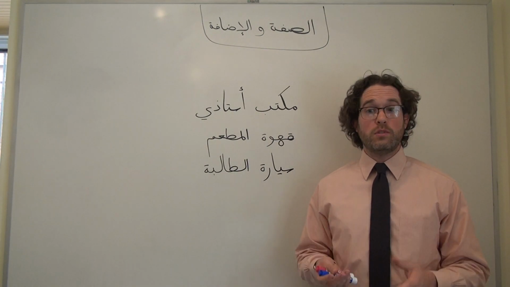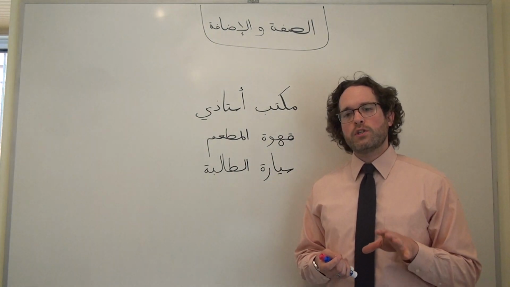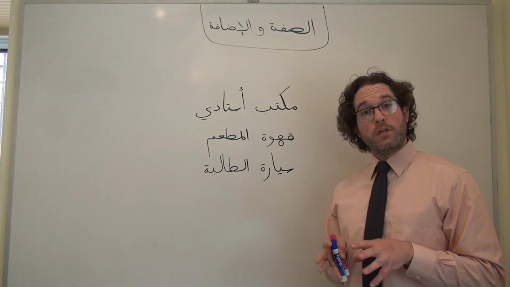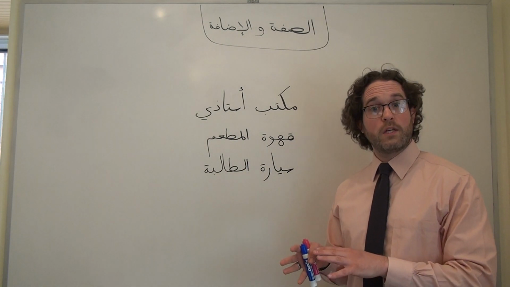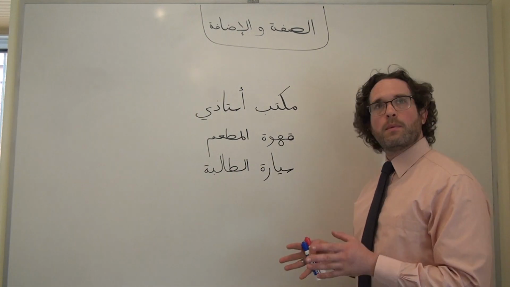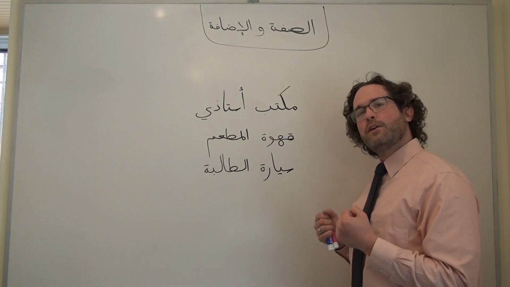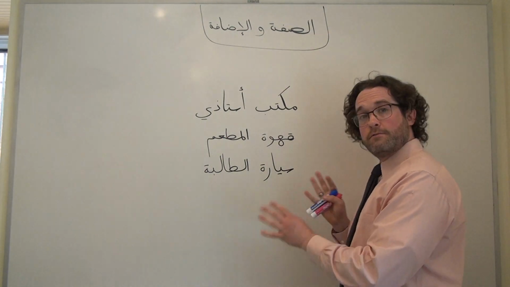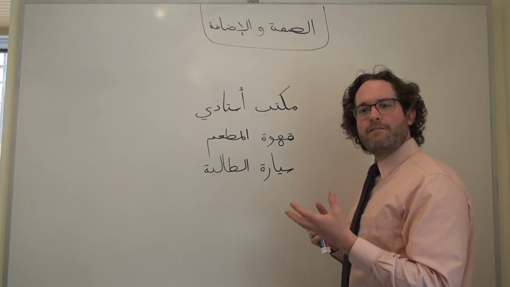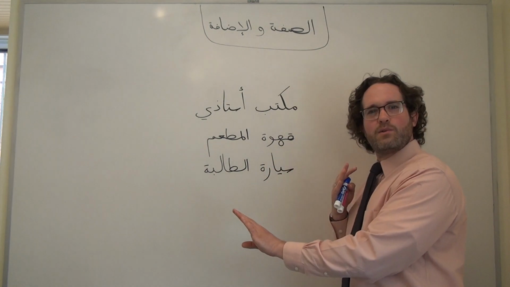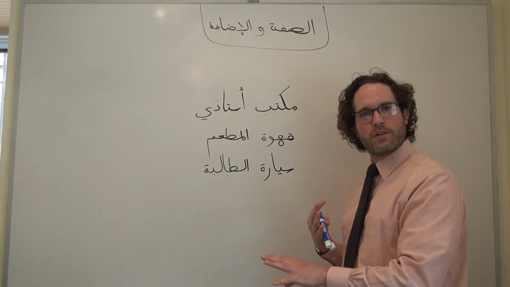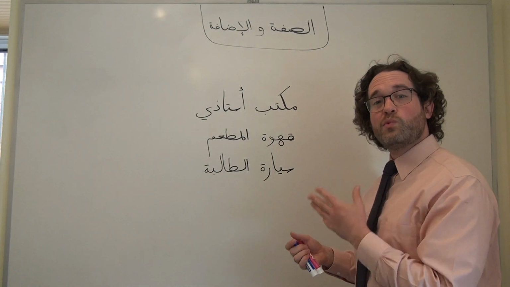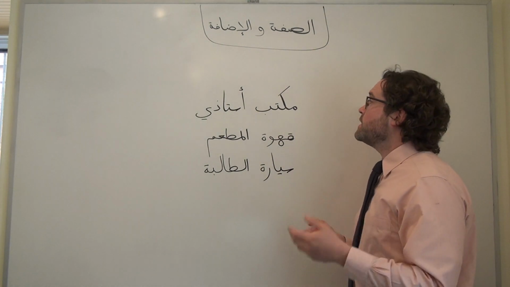Right now I want to talk about إضافة and adjectives, and how to describe a noun that's part of an إضافة using an adjective. In this video I'm going to assume that you have a good basic understanding of how إضافة structures work, but if you need some review there's a separate video on that subject that you can go ahead and watch. As you probably remember, an إضافة is composed entirely of nouns or pronouns, a string of just nouns. And if we have anything else separating those nouns, we don't have an إضافة anymore. The structure doesn't work.